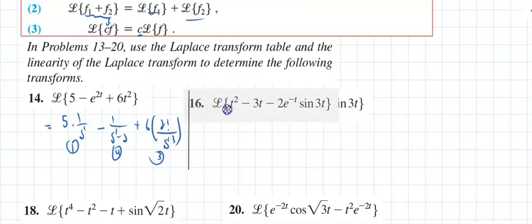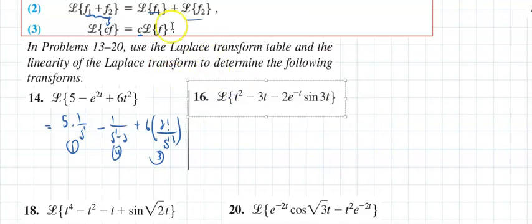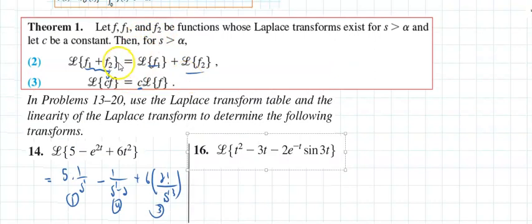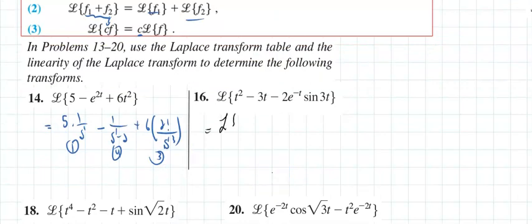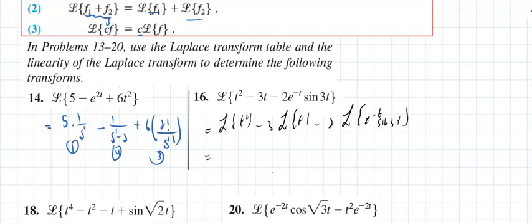Here again, according to the rule up here, the L applied on multiple functions, that would be L applied on t squared minus 3 the Laplace applied on t minus 2 the Laplace applied on negative e to the t sine of 3t. And if I do apply the Laplace by